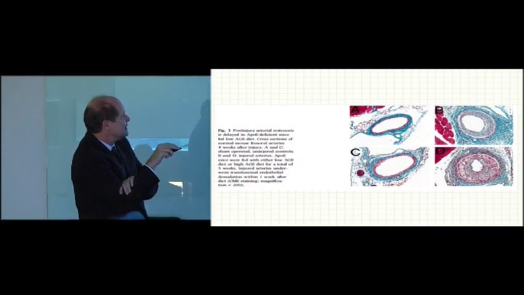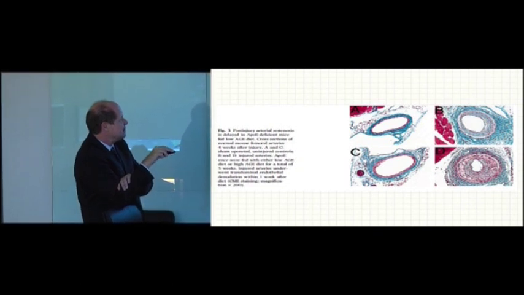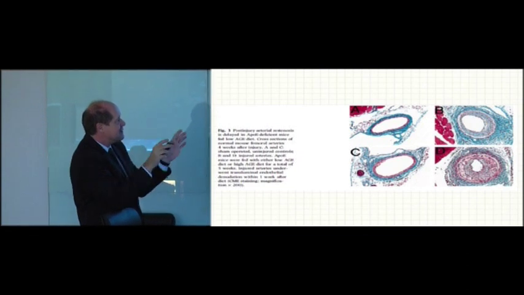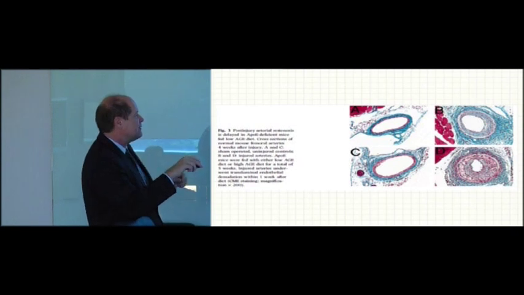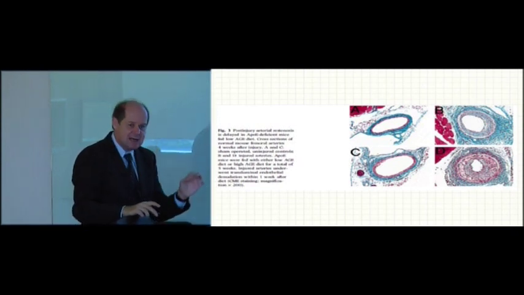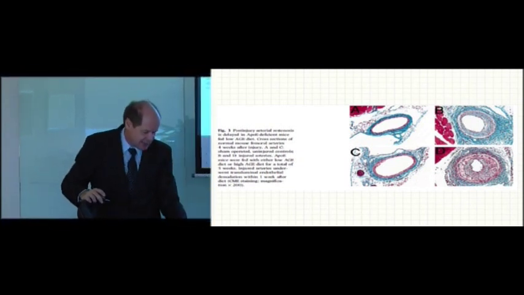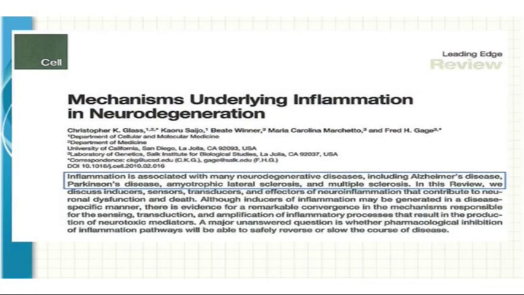And here you see low and here high nutrition age and the obvious stenosis in animals, same genetic strain, but a very different outcome, merely depending on the level of these end products, glycation end products. And last but not least, it has been demonstrated very convincingly in this paper published in Cell that inflammation is associated